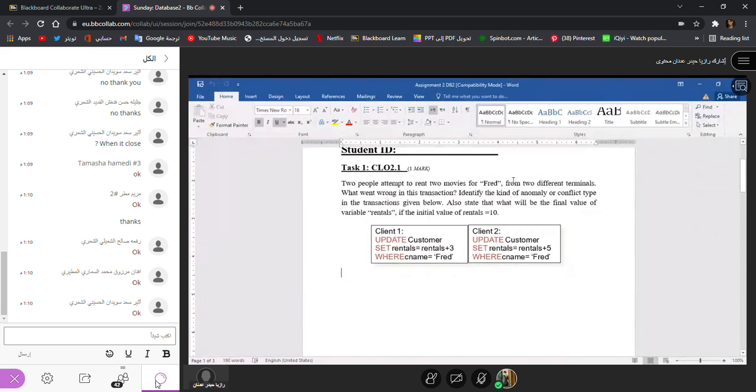So you have to tell me which anomaly it is and the conflict type. Then also state what the final value of rentals will be if the initial value is 10. If the starting value is 10, what will be the final value after these two? Okay, clear?